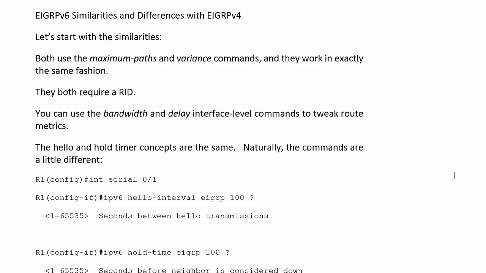Let's talk about those similarities and differences now between our two versions of EIGRP. And there are so many more similarities, because that's what I really like to drive home with you: when you're learning EIGRP for IP version 4, you're also learning it for IP version 6. The hardest part of the fundamentals of EIGRP for version 6 is remembering to put the V6 in the commands,